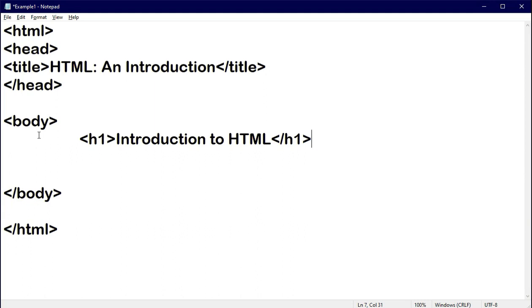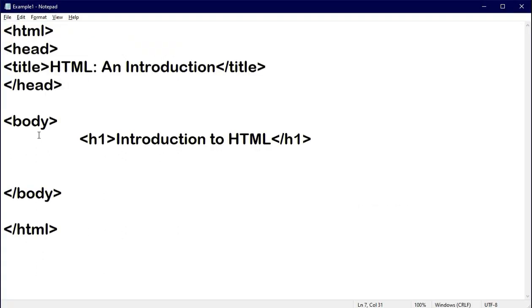Always keep in mind, I will say again and again, that whenever you are opening your tag, close your tag as well, so that you will not forget to close and you will get the proper output. Now just save your file, go to a browser and press the F5 key. Here you will see the title appears in a big font size. Like that, a total of 6 styles are there.